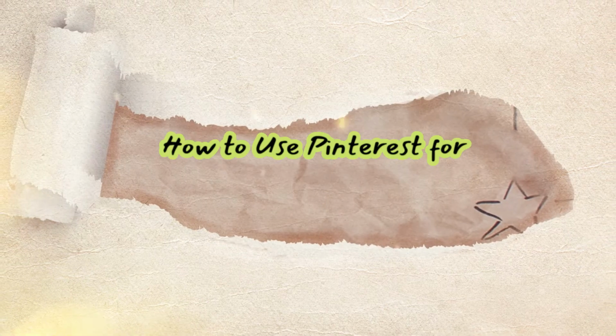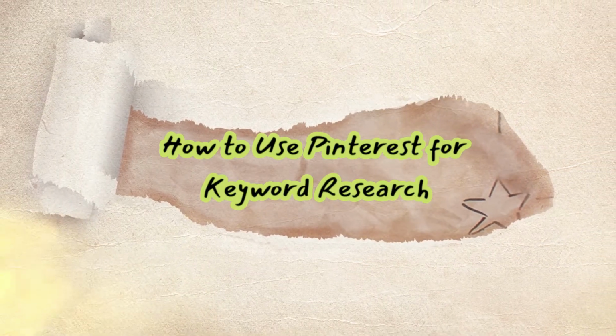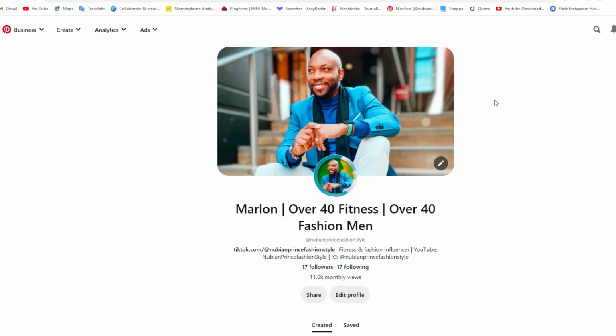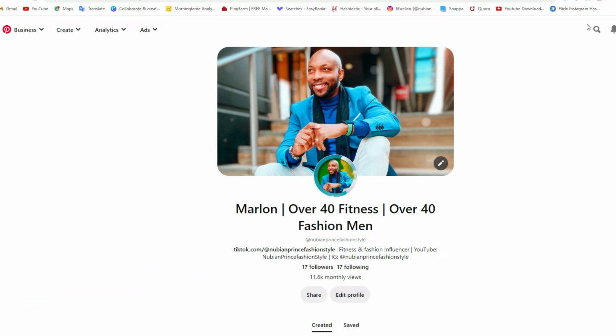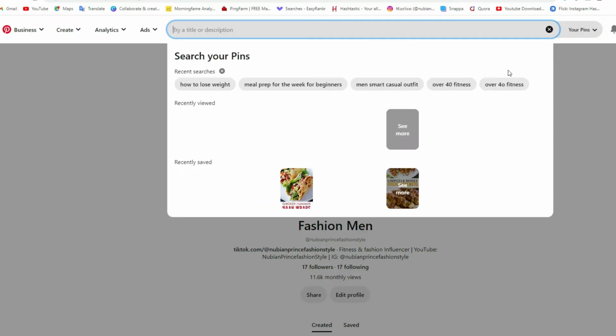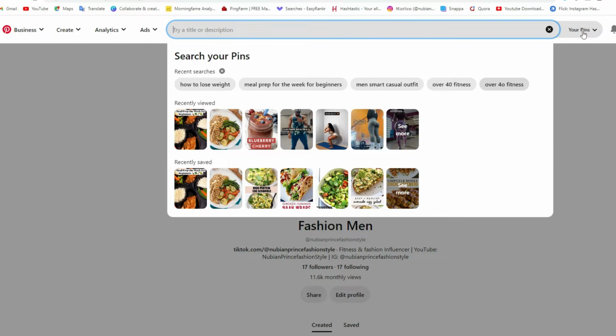How to use Pinterest for keyword research. If you want to rank number one here on YouTube for your keyword research for Pinterest, then you have to do some research first. So for example, go over here into the search bar on Pinterest and go to,